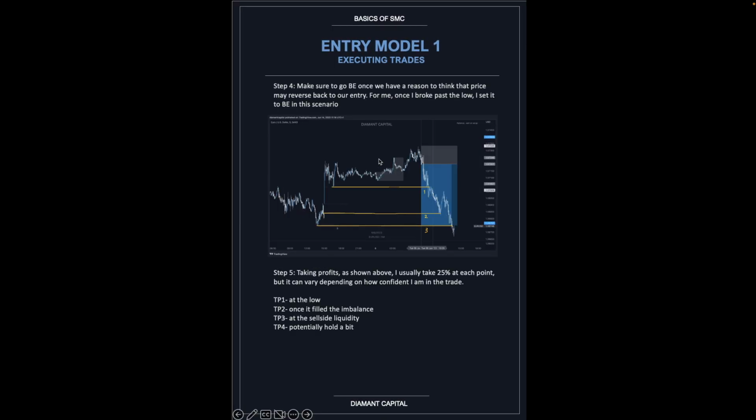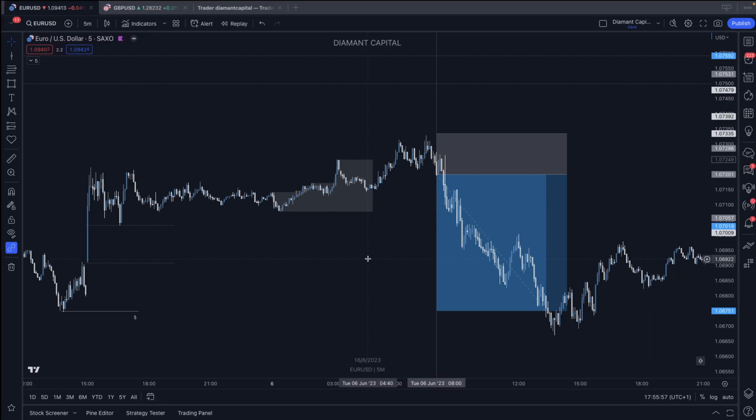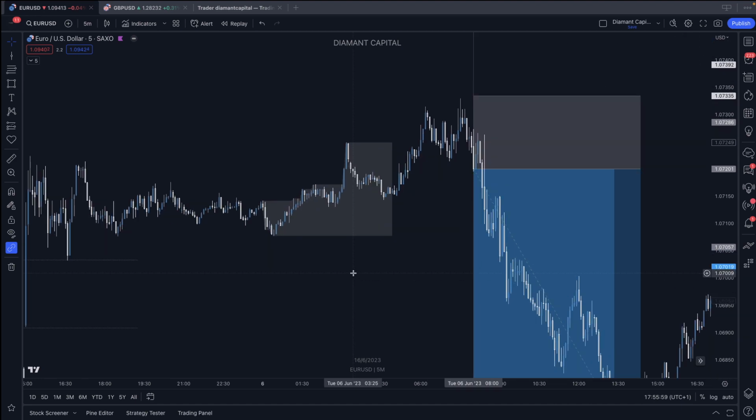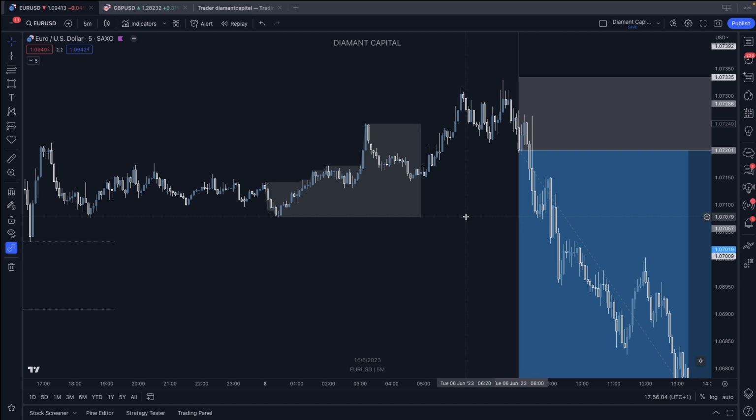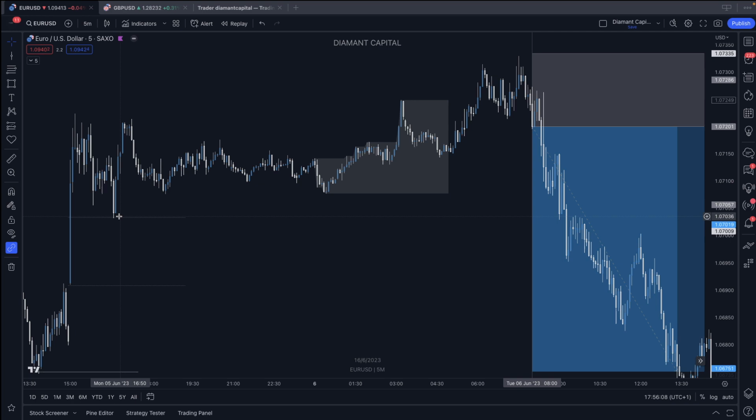Step 4, we look to go break even once we have a reason to think that price may reverse back to our entry. So read that again. Make sure to go break even once we have a reason to think that price may reverse back to our entry. What do I mean by that? For me personally, as soon as we start to take this liquidity down here, Asia lows, or even here, for example,